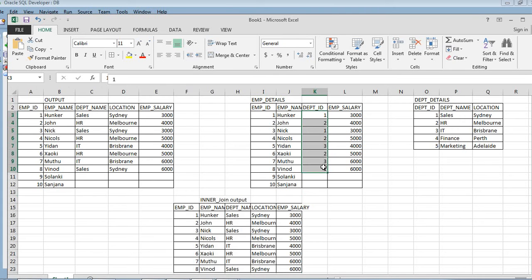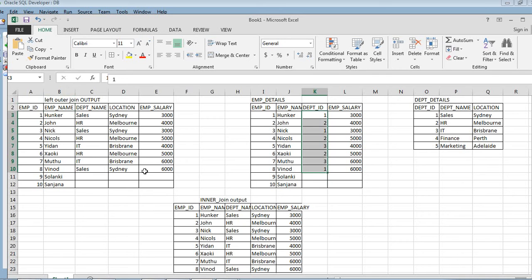So, in case of left outer join, using left outer join, we have received the data where the department IDs are present for the first 8 employees, as well as the output for those whose department is not allocated.